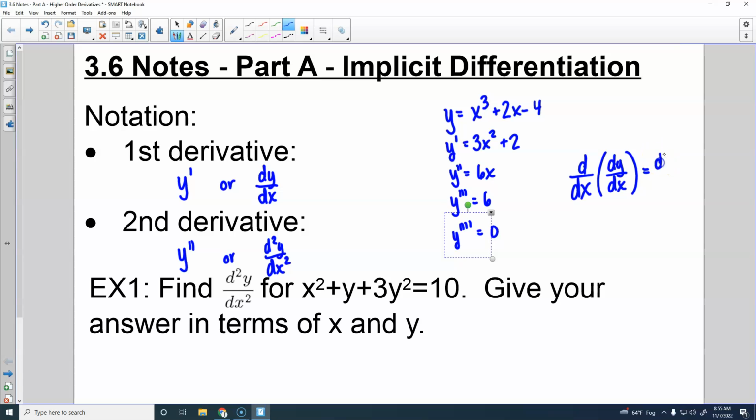Two d's here and only a single y, but in the bottom you've got dx and dx, so that would be dx squared there. That's where the notation follows from. It's pretty much always going to say find d squared y over dx squared, so you can remember which square is in the right place there. All right, so